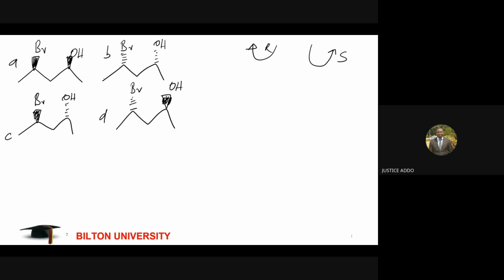So now, if you look carefully at our A, let's call the carbons 1, 2, 3, 4. Let's start with carbon number 4. In carbon number 4, our bromine is in front. So it means that our hydrogen is going to be at the back. So hydrogen is given priority number 4. So if we look right now, bromine is the atom directly attached to this chiral carbon, carbon number 4 is the chiral carbon, and bromine is given the first priority,